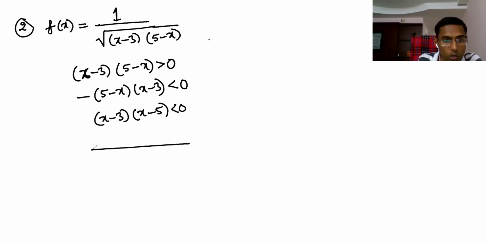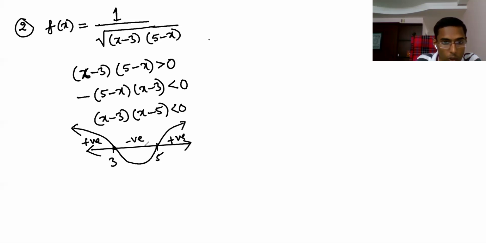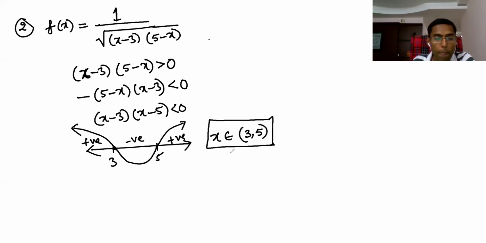So less than 0 means what? Lies between the roots. Directly you can write. So this is 3 and this is 5. More than 5, positive. In between 3 and 5, negative. Below x-axis means negative, above x-axis means positive. So what is the solution here? x belongs to open 3 to 5. Hope you understand. Okay. So then